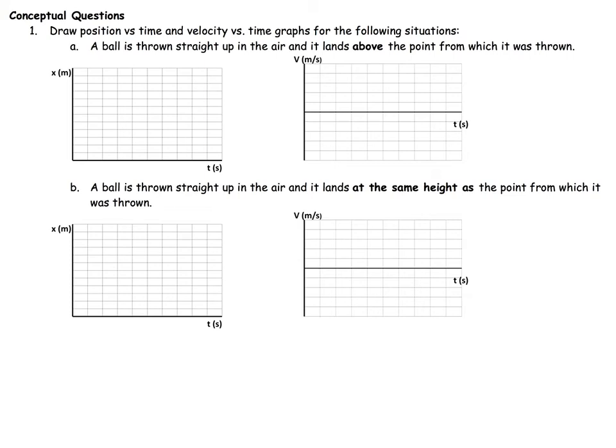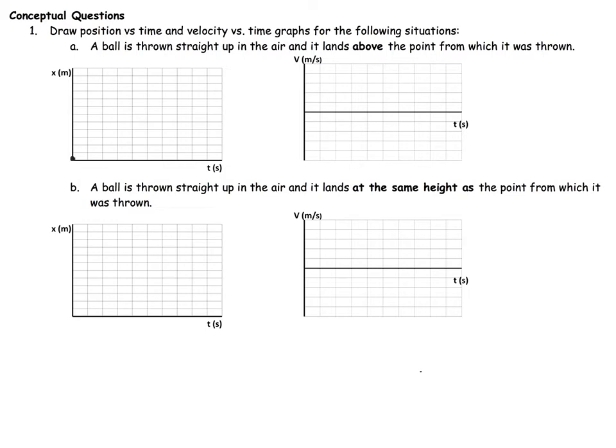Alright, and here we begin homework number 3, starting with a basic conceptual problem where we're asked to draw some motion graphs for an object in free fall. So, first situation is a ball is thrown straight up in the air and it lands above the point from which it was thrown. So our position graph, I'm going to start it down here at the origin at a